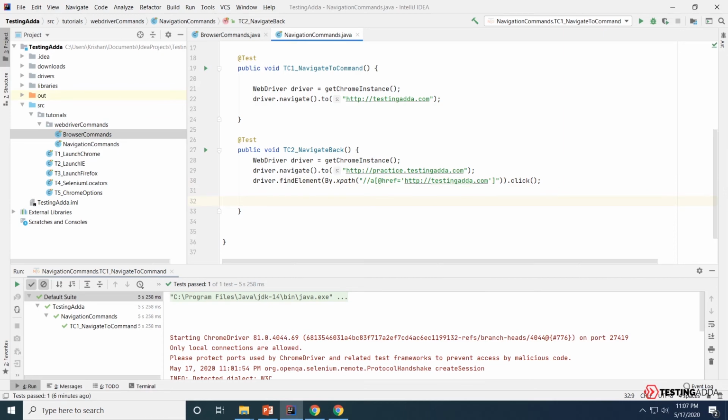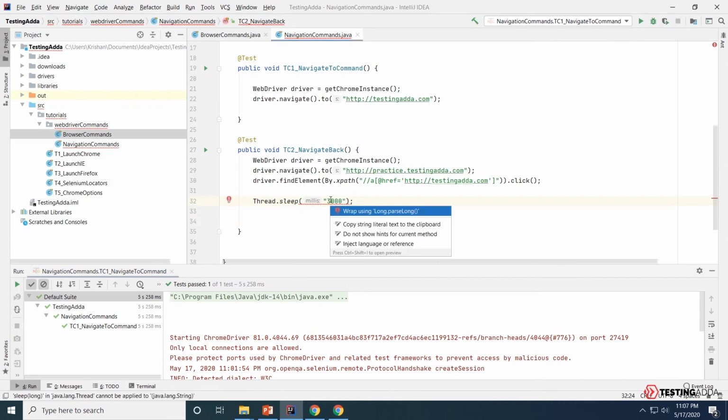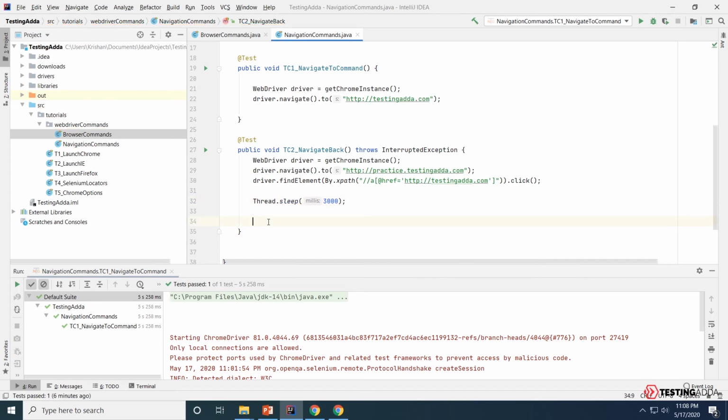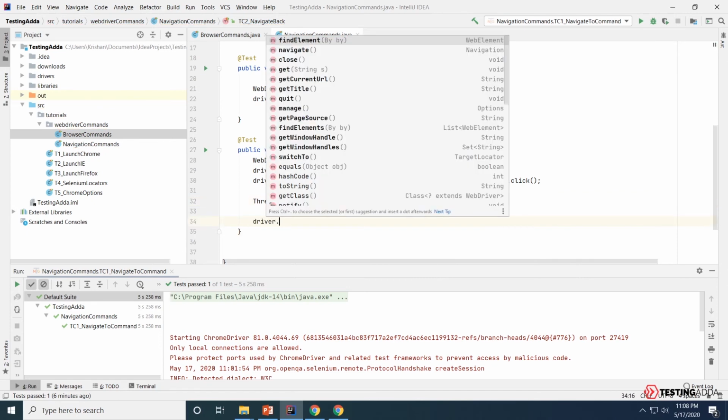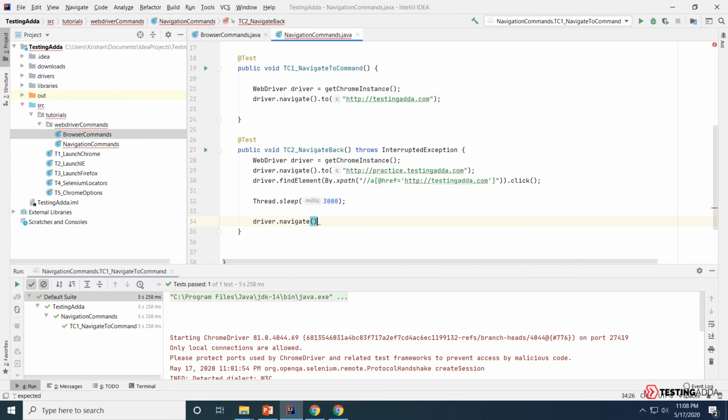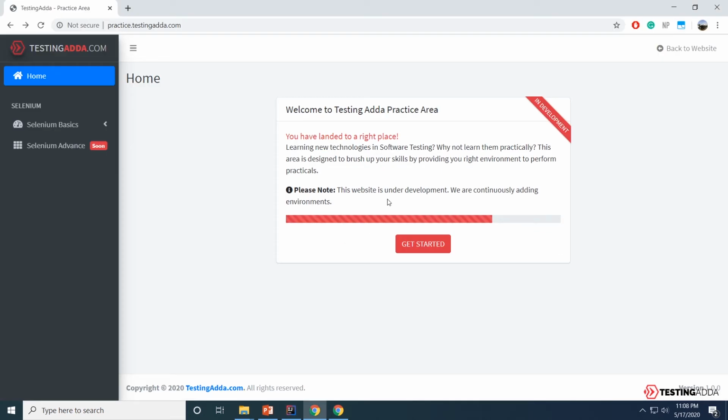I'll add a delay here so we can see what Selenium WebDriver is doing. I'll add a 3 seconds delay. Now driver.navigate, which is where the navigation commands come from, .back. This should take me back to this practice website.